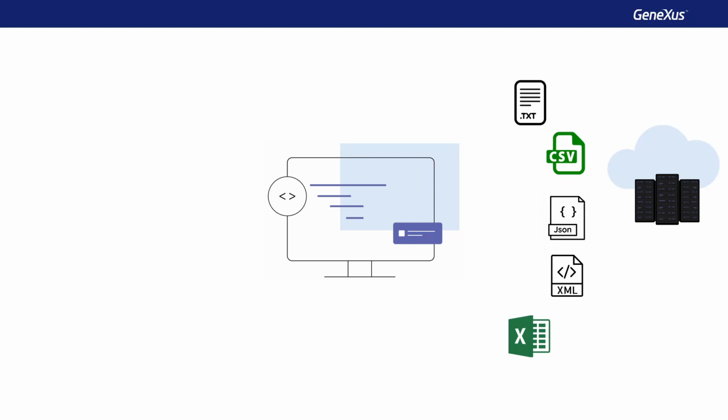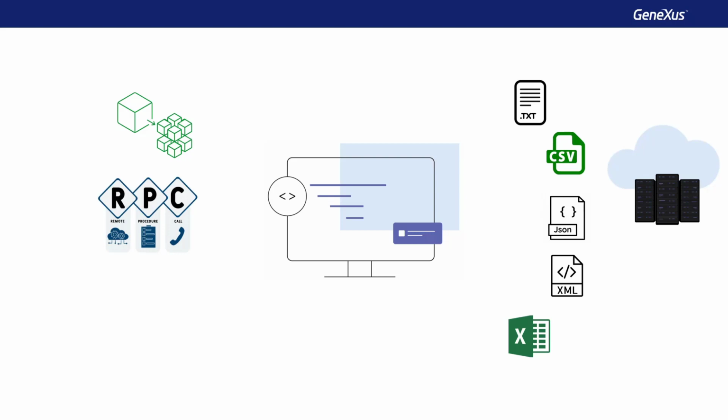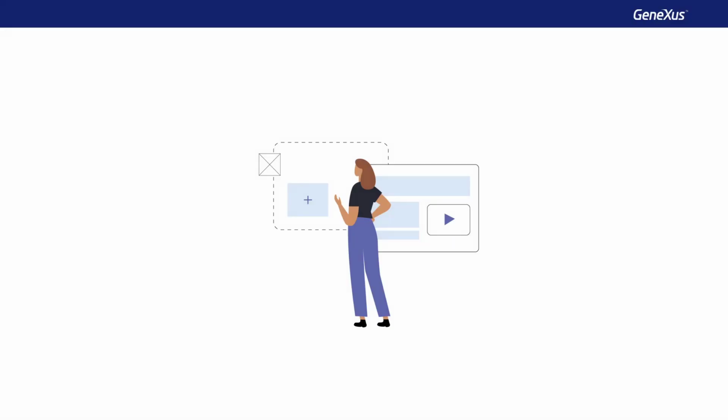Genexus also allows us to connect to other programs that provide us with external data, such as interacting with microservices, invoking remote procedures from other applications, or accessing APIs with functions published in binary objects, such as DLLs created in C, C++, C#, or .NET, or functions within a Java.class file.